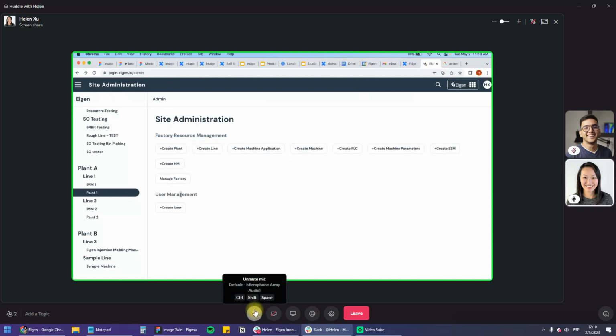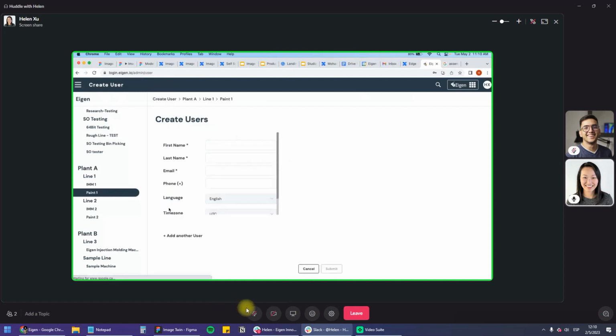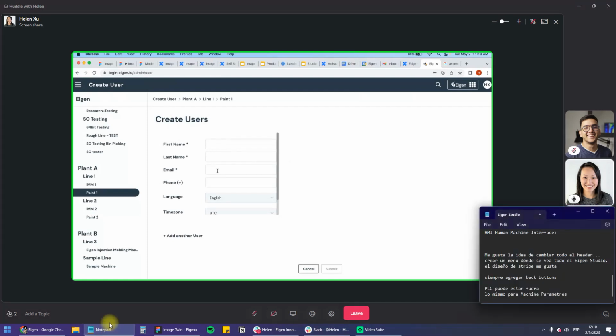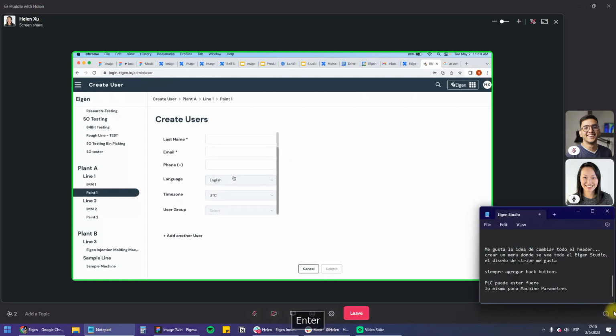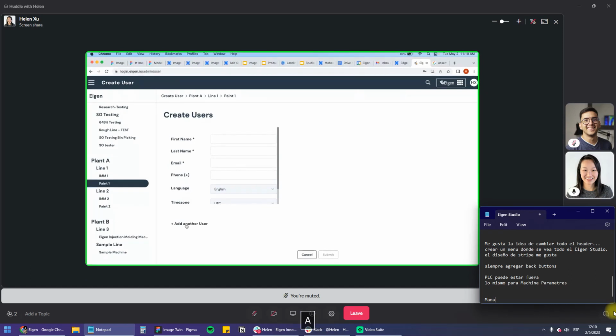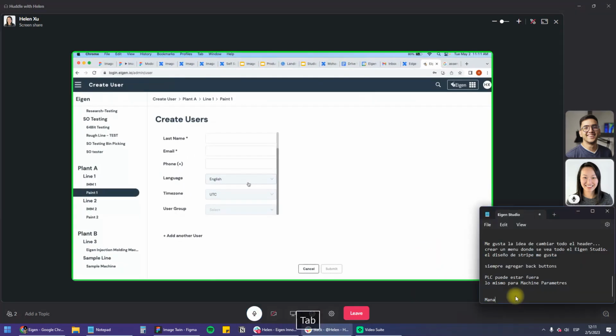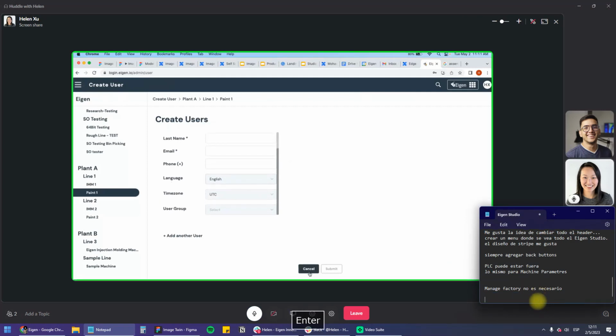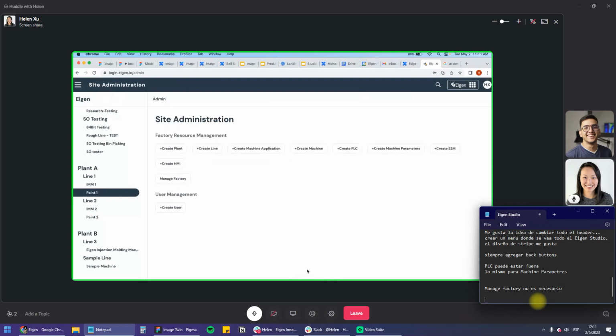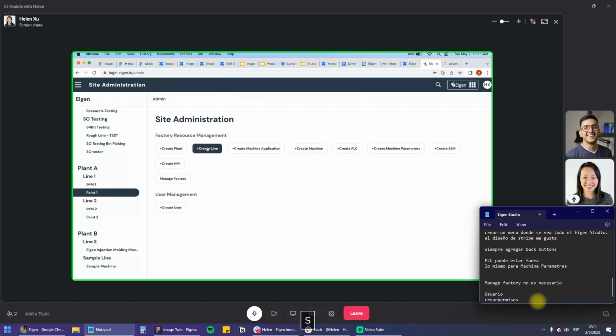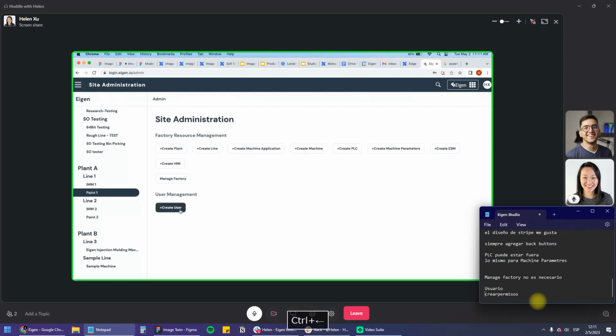And then this section is the users, so who can use the software. Right now we have add new users: first name, last name, email. We add users one by one. Another part of adding the user is to give them permission. So user one can see line A and line B. User two can see line C and line D. So another aspect of create user is user permission,